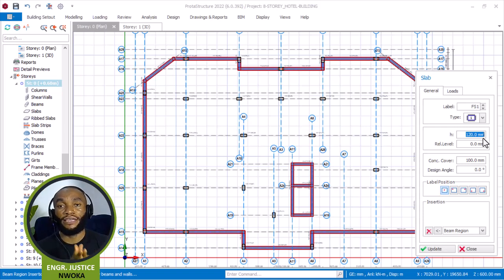Okay, that's fine. So let's now begin. So type 750, all right, as our depth of slab. Okay, then we will move on to this place that says level, leave it as 0. Okay, then on this place that says concrete cover, now concrete cover, based on Eurocode,